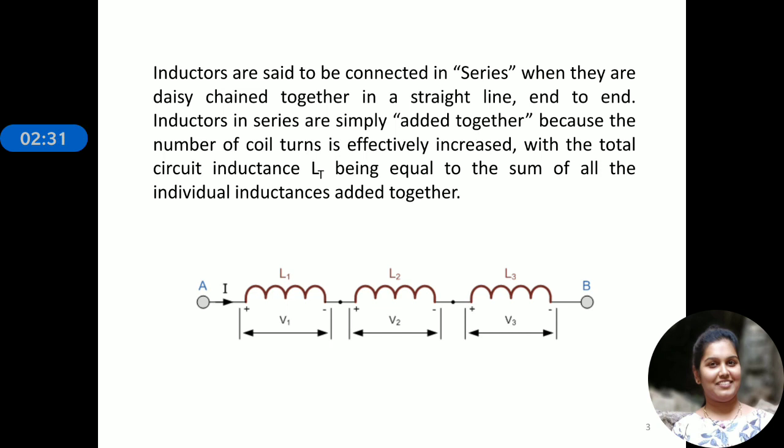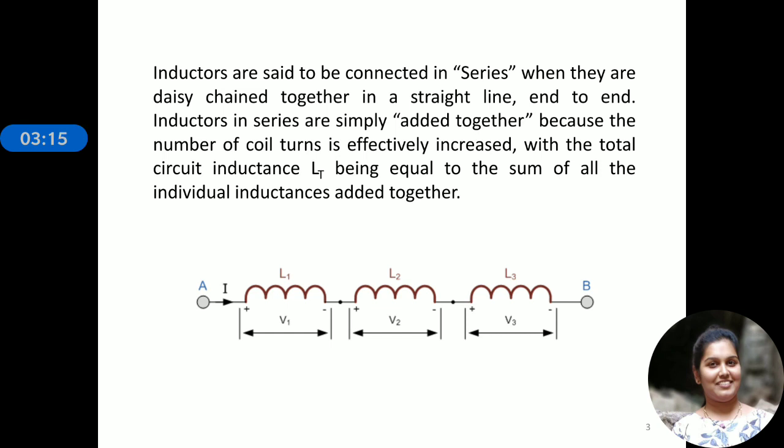Inductors can be connected in series when they are daisy chained together, sharing a common electrical current. These interconnections of inductors will produce more complex networks whose overall inductance is a combination of the individual inductors. However, there are certain rules for connecting inductors in series or parallel, and all these rules are based on the fact that no mutual inductance or magnetic coupling exists between the individual inductors.